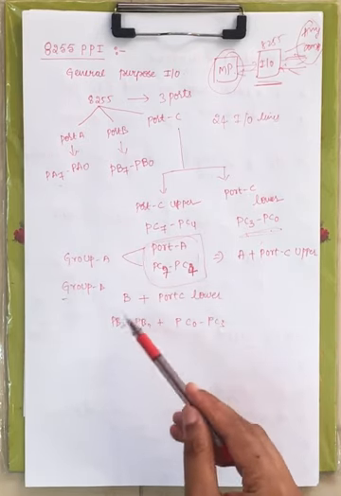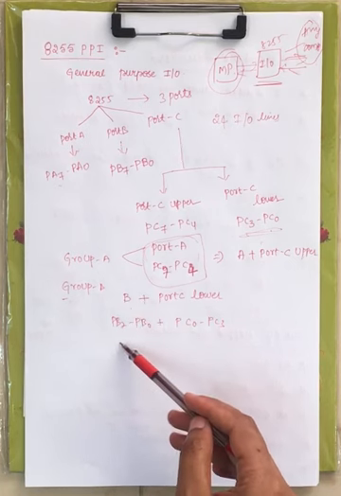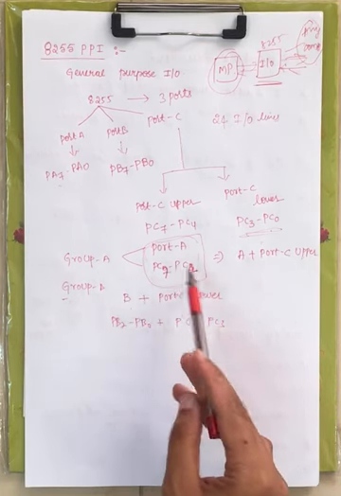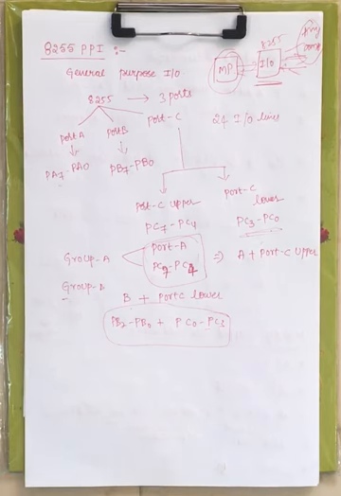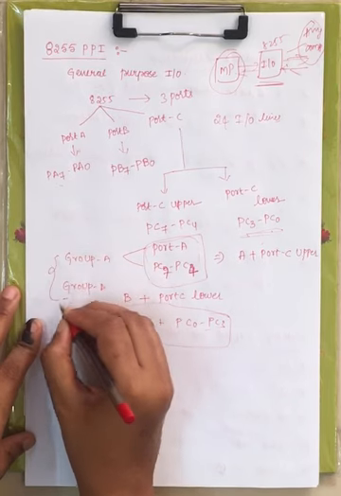Now coming to group B, we have port B IO lines, PB7 to PB0, plus port C lower, PC3 to PC0. These 12 IO lines come under the category of group B. Under group A, port A with port C upper; under group B, port B with port C lower. 12 IO lines under group A, 12 IO lines under group B.